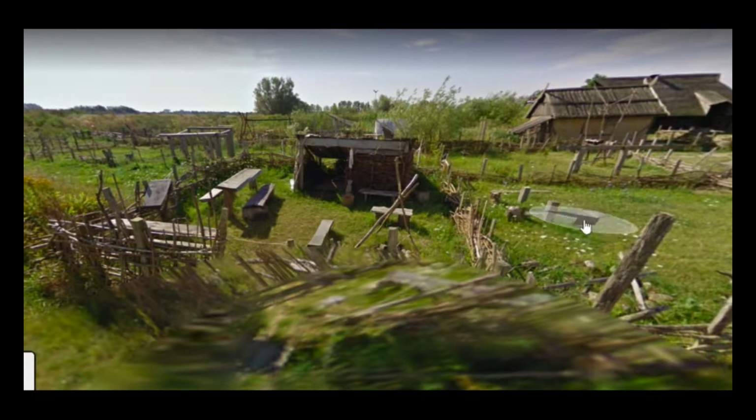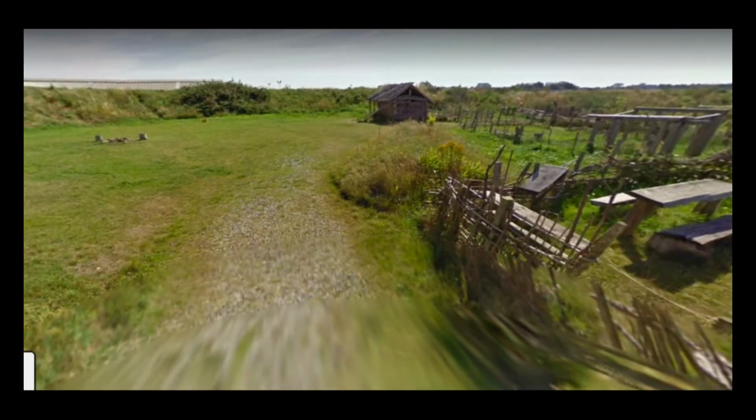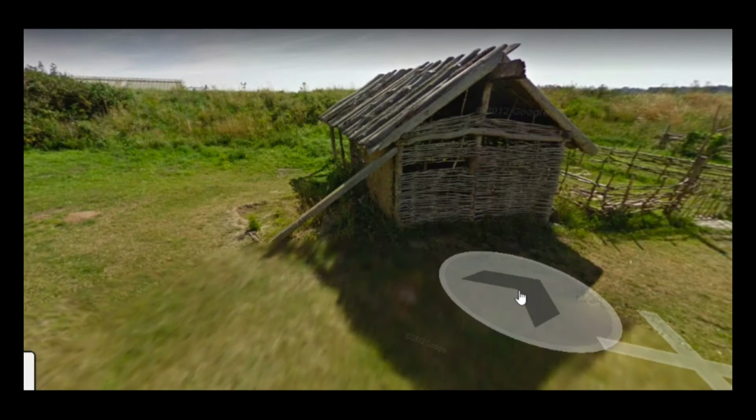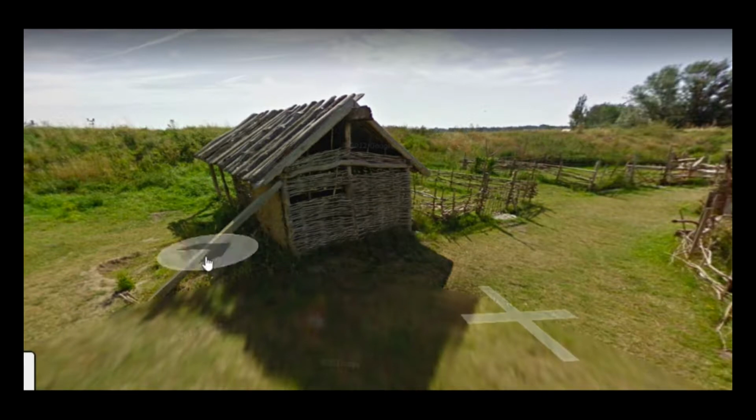This little building, you can see it's got the unfinished wattle walls right here, so it's got the wattle but no daub, but it looks like this building might be done for. That it's being held up essentially by this timber right here. So you could see,